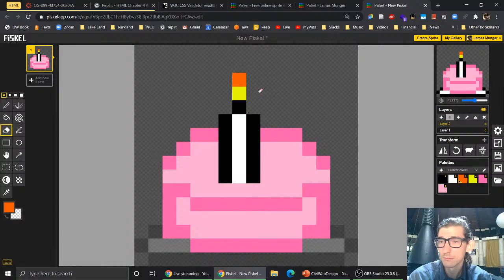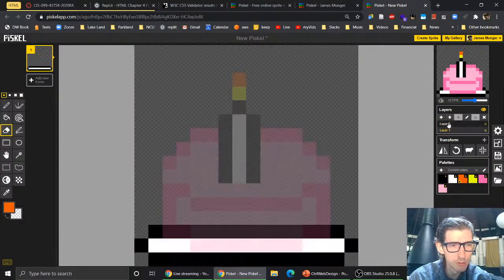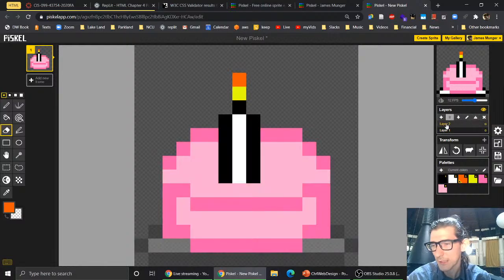Let's give it some animation. Since we're going to be making this a GIF, how do you do that? Besides layers, which you can use here, well, take a Photoshop class if you want to know why layers are useful. But we can add additional frames here, so we can just copy our cake. So now we have 2 frames, which you can't see anything happening in yet, but let's move